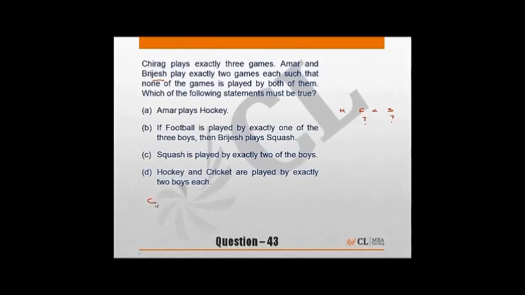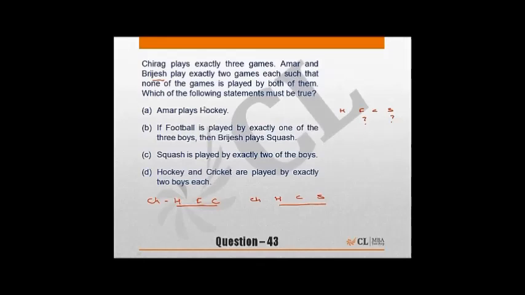Okay, so let us look at Chirag first. The games which Chirag can play are hockey, football and cricket. The other combination possible for Chirag is hockey, cricket and squash. So Chirag can go for either of these 2 combinations. If you remember, a person who plays football cannot play squash, so obviously football and squash cannot coexist. Now